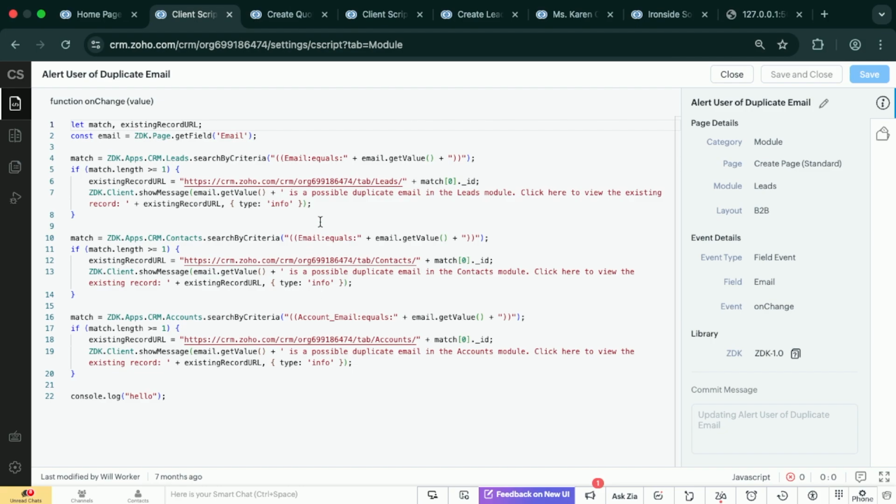Now, this is pretty basic, pretty straightforward. What I'm doing is I'm using the client script SDK, ZDK, to look up the leads module and say, hey, see if we have any leads that already have a matching email. Then I'm doing the same thing for the contacts module. Hey, look at contacts, see if anyone has a matching email. Then I'm doing the same thing for accounts. So I'm basically going through all plausible modules, right, where this person could already exist. And we're saying, see if the email that was entered into our form exists in the database already. We're searching through all those records, right? And then if it does,